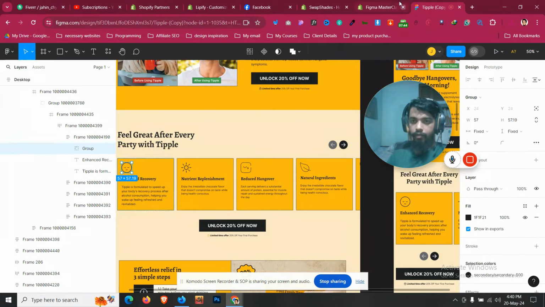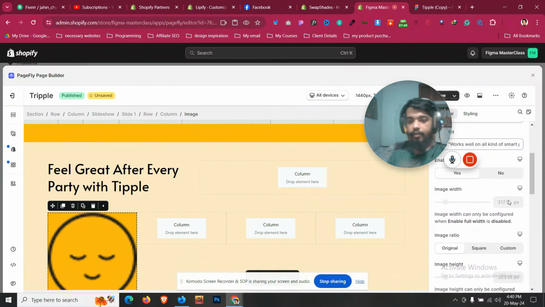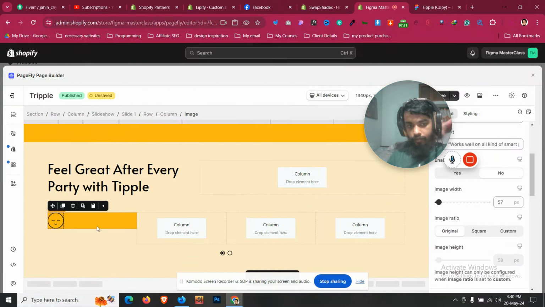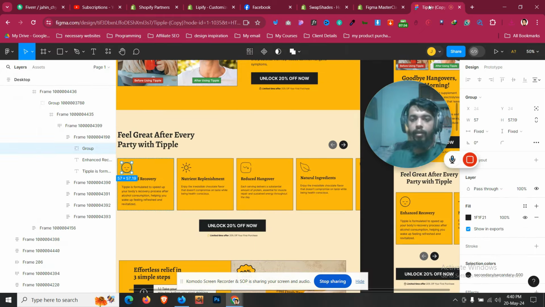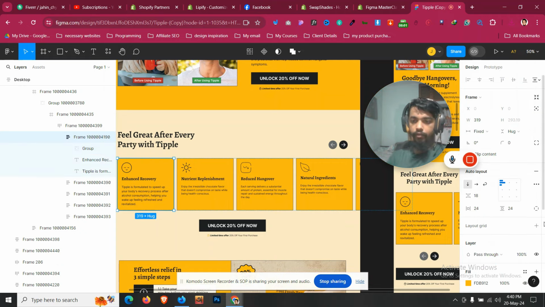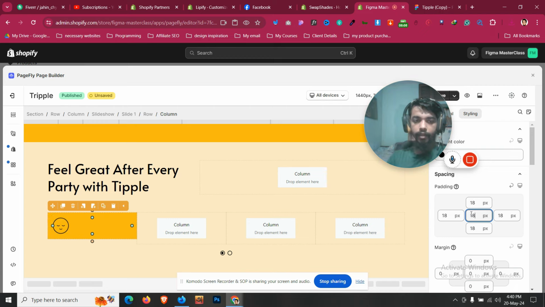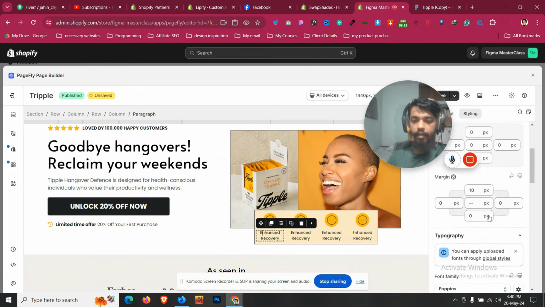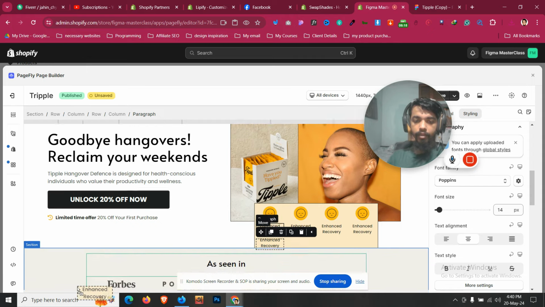And if we see, it is 57. So let's click on save, and let's click on no. Now it will be 57. Click on the column and there will be some paddings. So as I said, you can measure the paddings using the Lightshot tool. So okay, if you click on it, this type of things is showing. So I can click on it and then I can go to padding panel and I can give some 18 pixel padding, and then we have a 24 pixel headline, but this was 14. But let's copy this